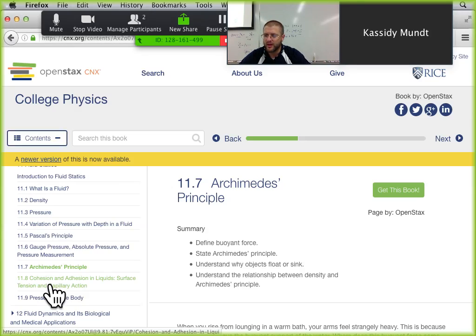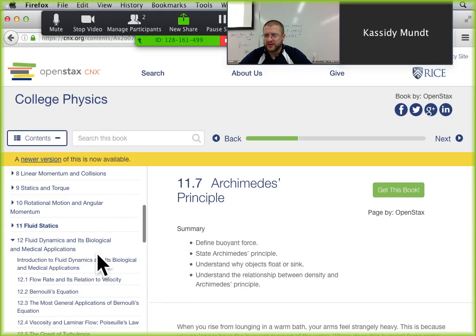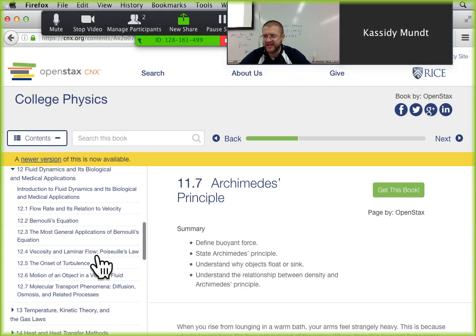But today we're doing chapter 12, Fluid Dynamics, the companion to Fluid Statics. There's 7 sections. We'll probably concentrate mostly on sections 1 through 5. I don't always do 6 and 7. Sometimes I do, sometimes I don't. These final chapters, except for the last 2, are sometimes required in this course, sometimes not. So I don't necessarily feel bad about not covering everything all the time.